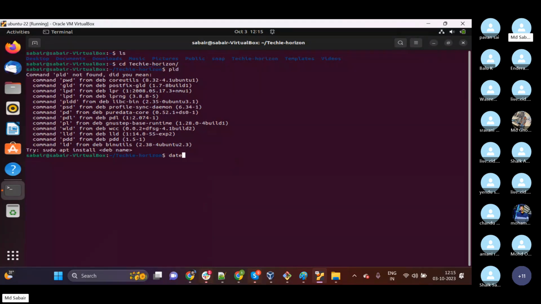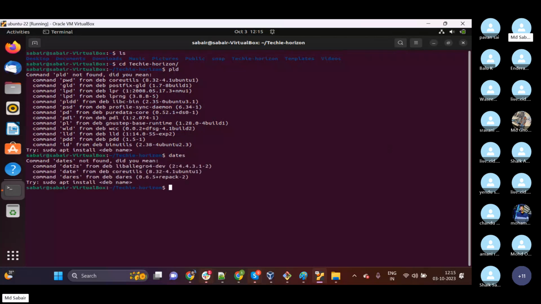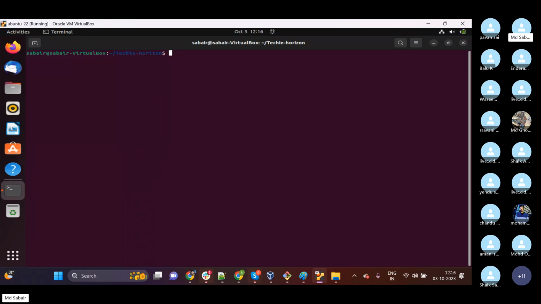So we have the date command. We don't have any command called dates. Hit enter. Command dates not found. So whenever we execute any wrong command, it will not be able to execute and it will throw the error called command not found. So always check. If it is showing command not found, it means we are making some mistake in the command. Either there might be a spelling mistake, or we haven't provided the space, or we are trying to add some extensions which are not available. Okay, based upon the practice, you will understand this.